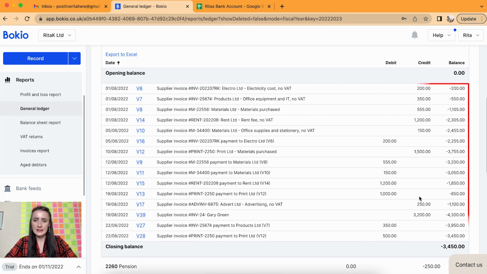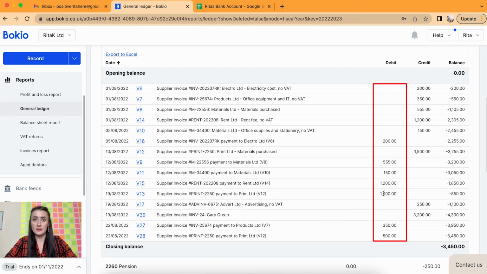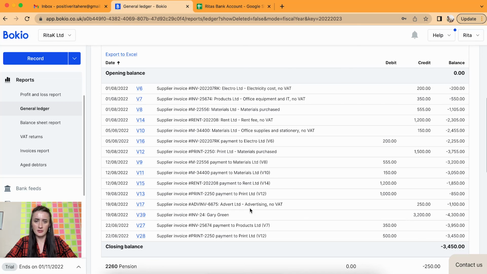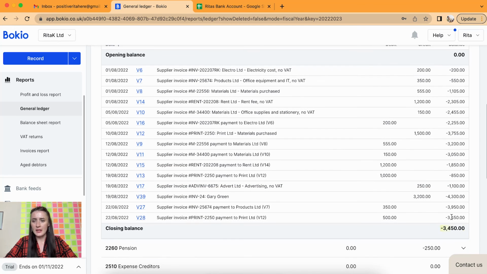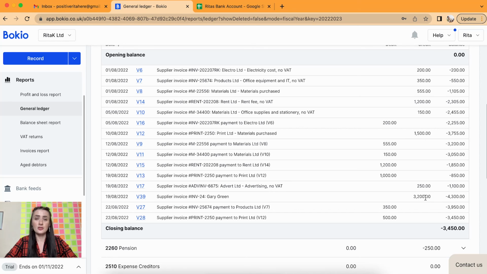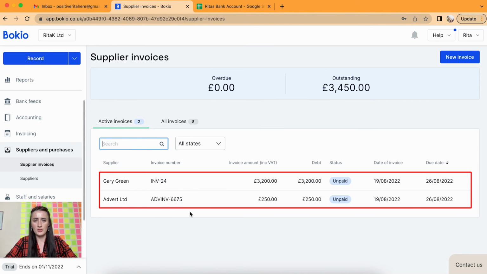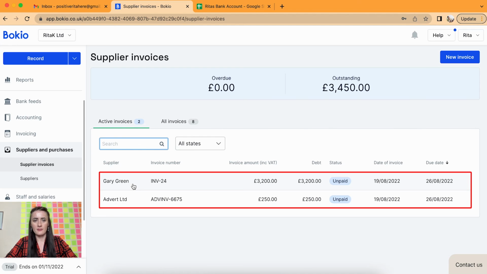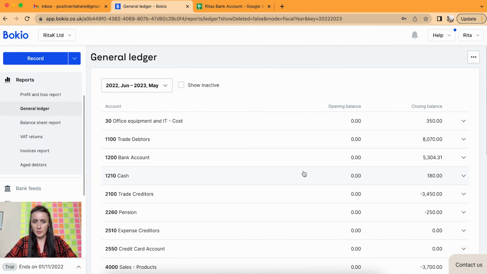If I'm looking at details, I can see that these have all been credits, but then there have been debits, which means that I have paid them. I have 3,200 stated as the Gary Green invoice, and 250 is advertising. So actually 3,450 most likely are these 2 invoices. I need to go to the suppliers account and see, because in suppliers and purchases I can see which invoices are overdue under this section. So actually these are to Gary and Advert Limited who are outstanding. So if I look back at my general ledger report,